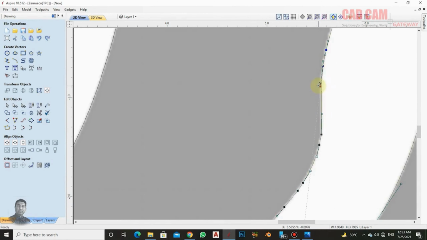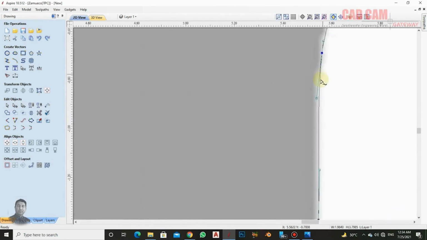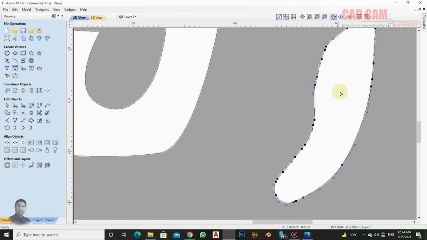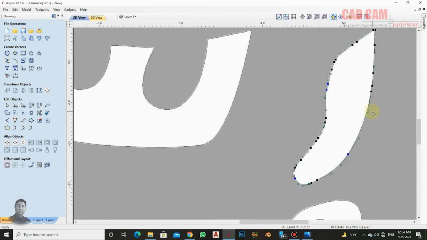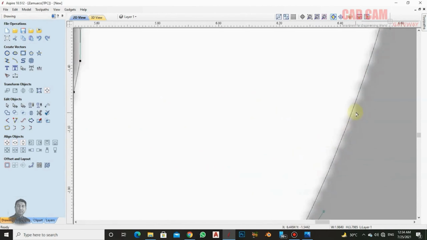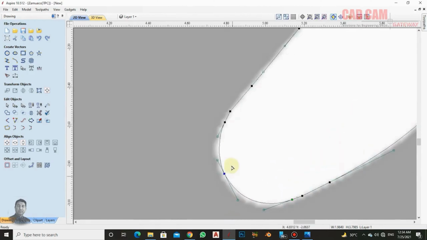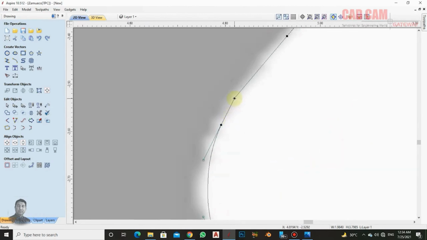In the same way, when I come here, I feel this edge a little bit, click and press. And see, when I came here, I turned on the smooth feature. You can also manually grab and adjust it a little. Look, I grabbed it manually from here, and this curve came out a bit. You can adjust it. Similarly, if you see any other part where you think it needs to be smoothed out